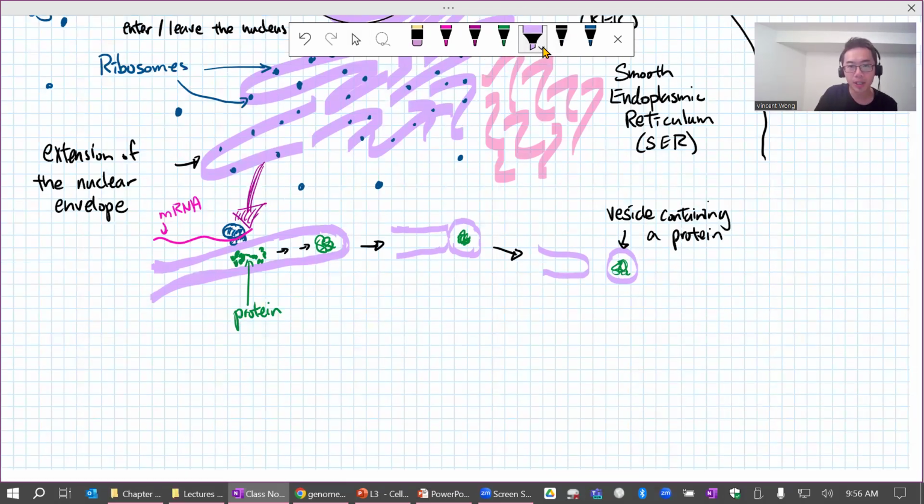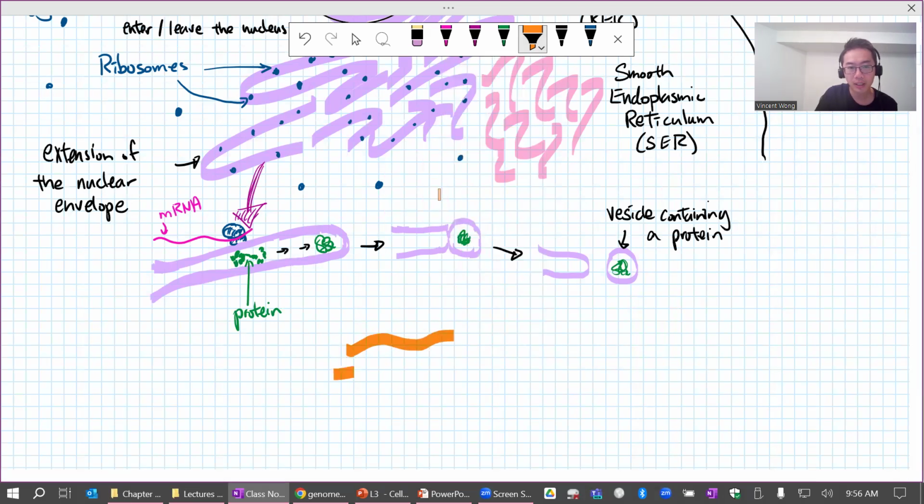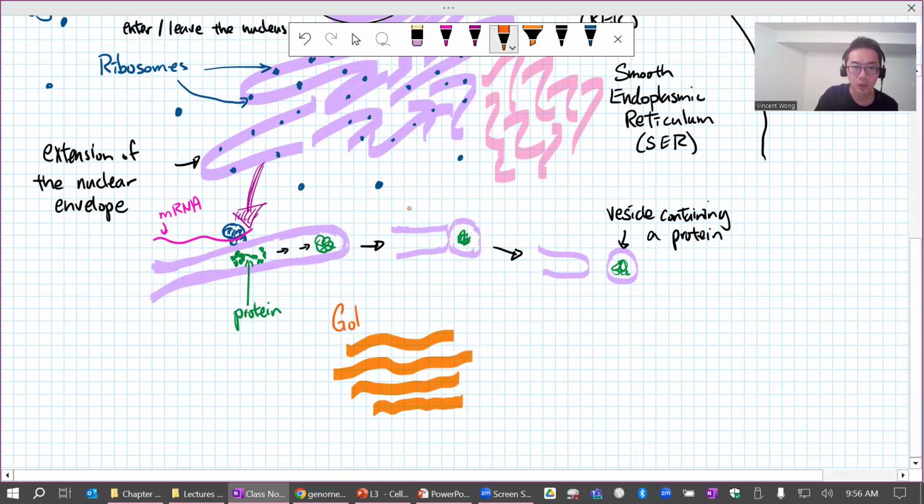Now, another part of the endomembrane system is a thing called the Golgi body, and the Golgi body is basically like a stack of membranes like this, more like pancakes, one after the other. It's not connected like the rough ER, right? And so we call this the Golgi body. So the vesicle that we just got from the rough ER is going to come over here